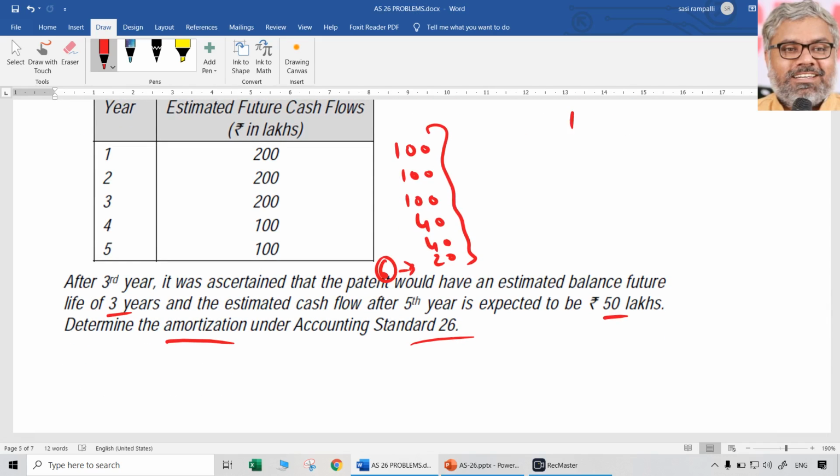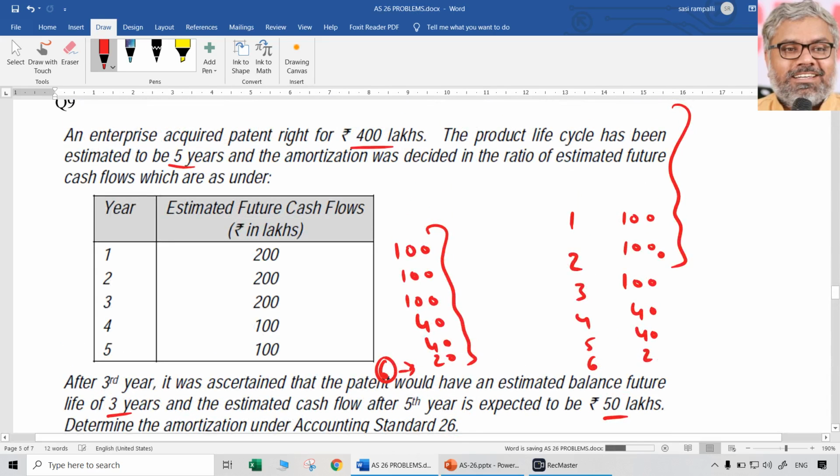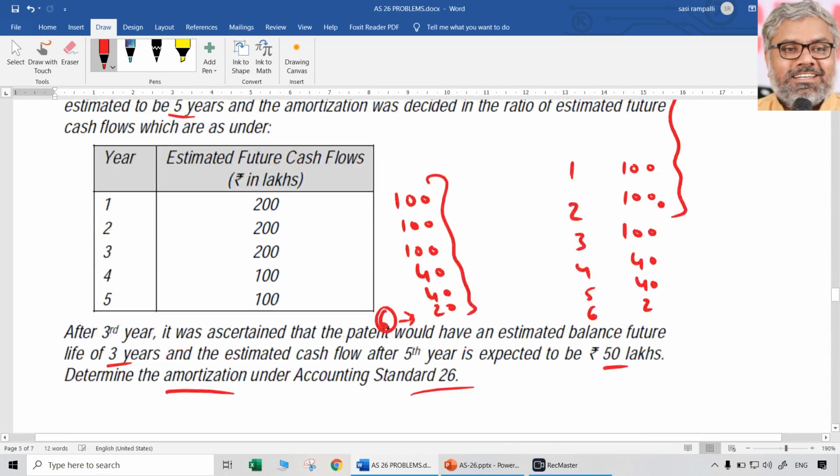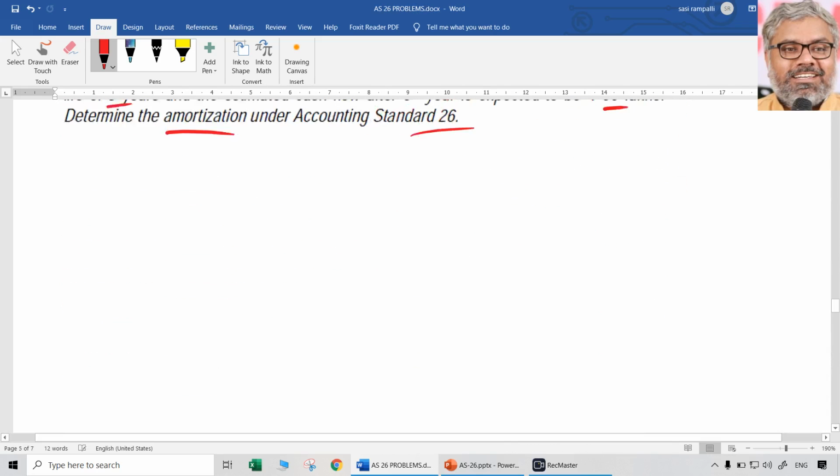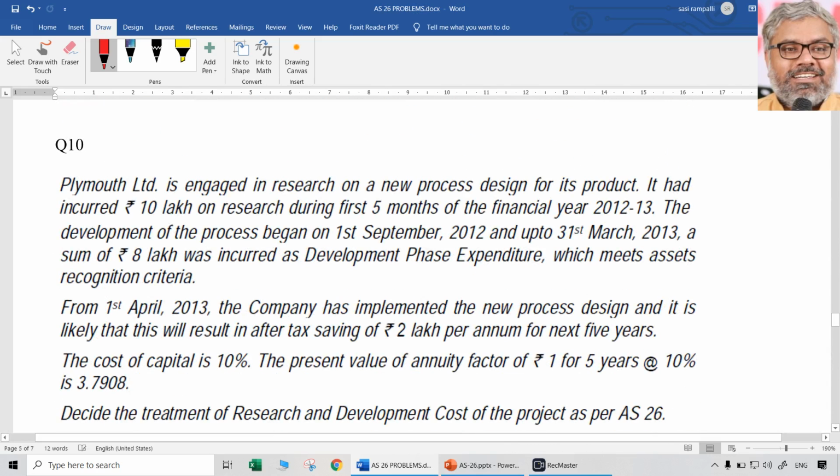So simply you have to just write the years 1, 2, 3, 4, 5, 6 like that. And you show the calculations. How did you get this? First year, second year, third year, 100 lakhs. Fourth year, 40 lakhs. Fifth year, 40 lakhs. Sixth year, 20 lakhs. That's all. Same calculation has to be just shown. Then 5 marks can be expected from such kind of questions. Very similar questions were asked many a time.